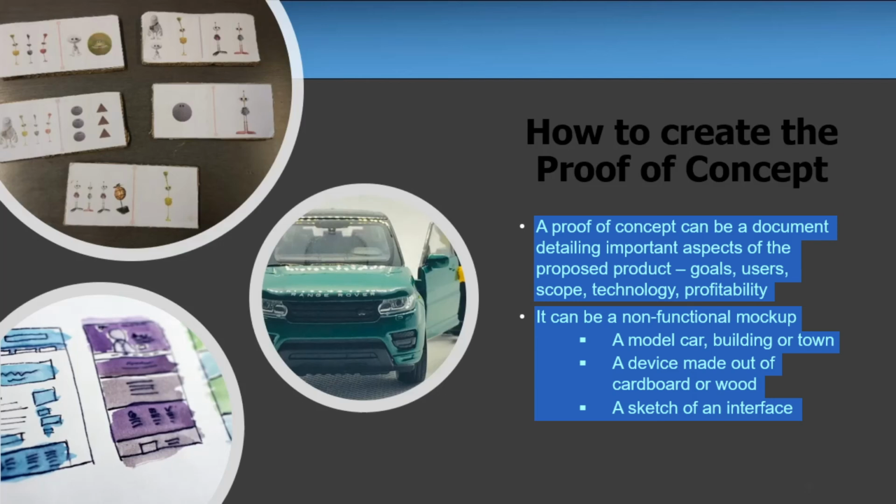So whereas before the document I was discussing would be listing different features and ideas behind the product, you can also just sketch the product onto a piece of paper. For example, with the car, you can sketch initially your car design, and then maybe your next step would be to create the model.